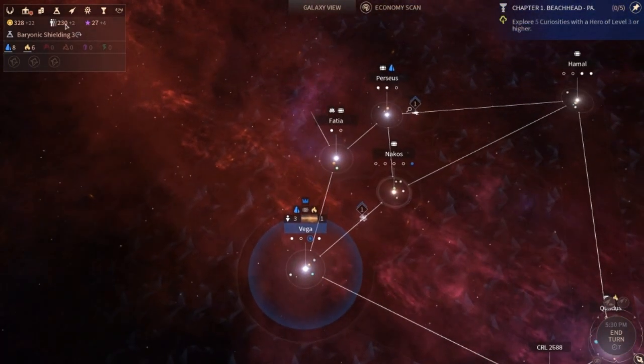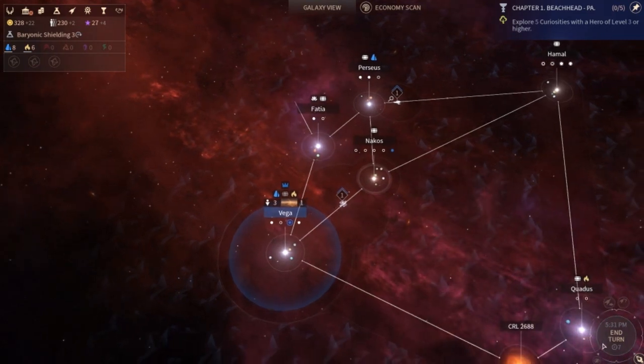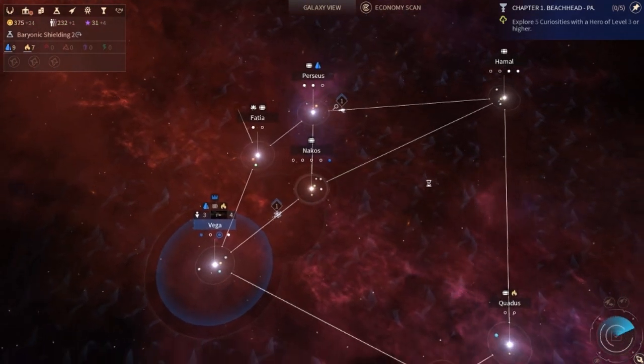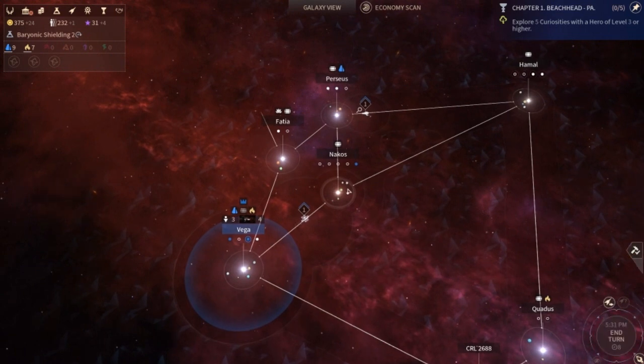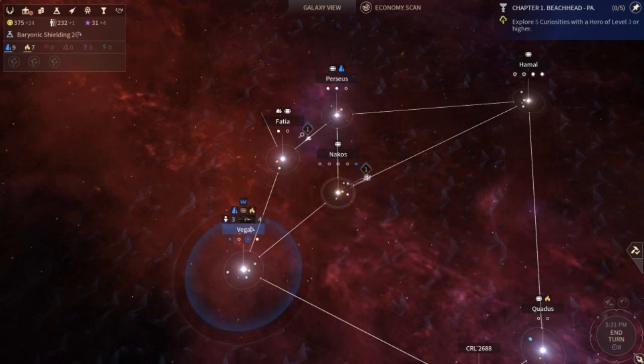I don't know if I want to actually increase the speed on these guys yet, but I don't think I need to. This is all fairly close by. Like, Hamel would be a pretty good system. Perseus is kind of okay, but generally speaking, the more planets there are in a system, the better. Unless they're all terrible planets, of course, but...